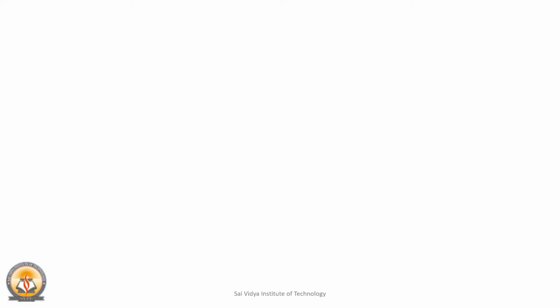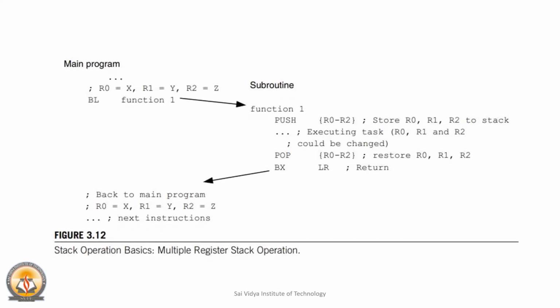The second method for stack operation is the multiple stack operation. Here, a single instruction is used to push and pop the values of multiple registers inside the stack memory. In this particular example, we can see a main program which is being executed with the register contents R0 X, R1 Y and R2 Z. When a branch calls for the function 1 subroutine, the values of the registers R0, R1 and R2